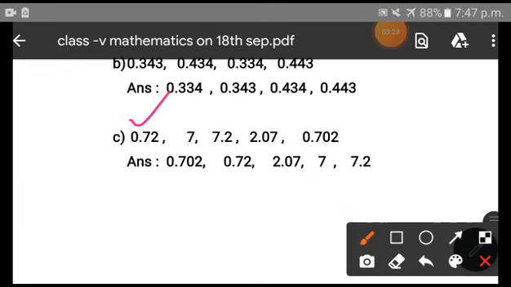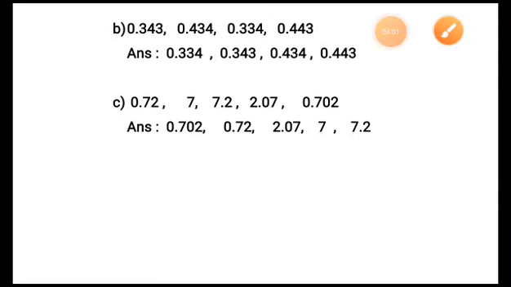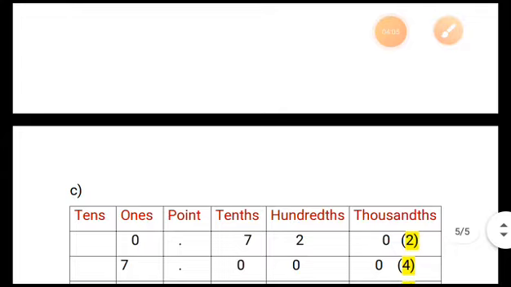As here you can see that 0.72 is here, we can bring another 0. Now children, we can bring the 0 only because the 0 in the last place of the decimal does not have any value. That is why, for our convenience of comparison, we can introduce as many zeros as we want. As over here 2.07, we can introduce another 0, and over here we have 7.2, so we can introduce 2 more zeros, so that we can compare with the other decimal numbers. So now let's get back to the place value table.